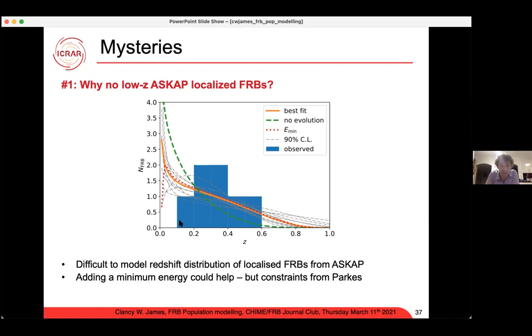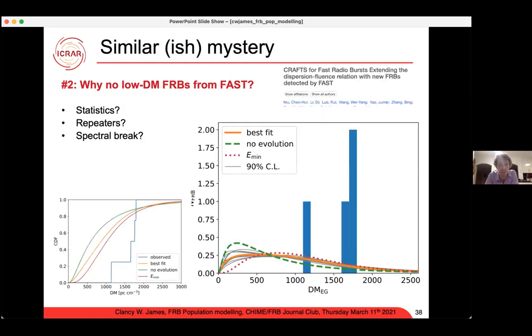So you start to conflict with Parkes data there. Having said that, within the gray points are the different 90% confidence limit variations and parameters, and you still can get a downturn there. So this, like I said, is not super significant and might indicate that actually this parameter set could be better, but actually the other observations still favor this. So we'll see how we go with more ASKAP localized data.